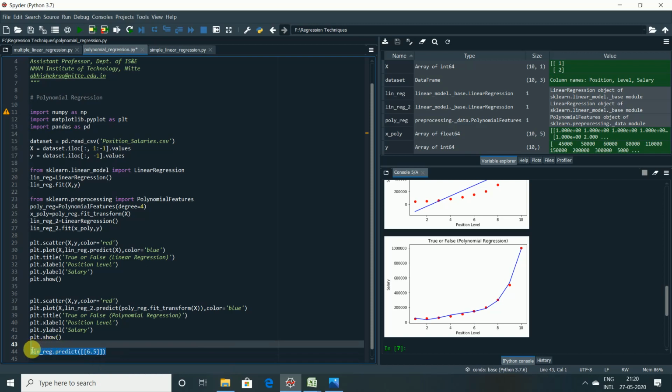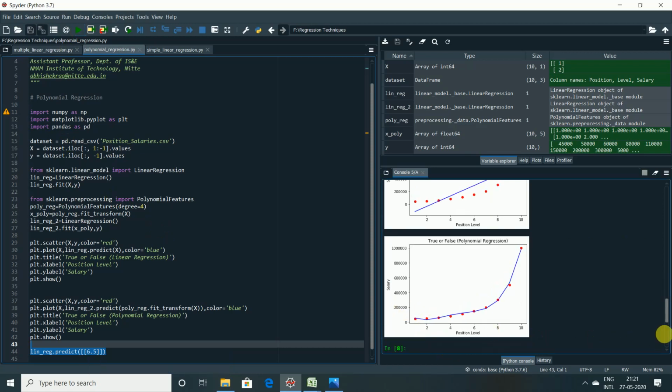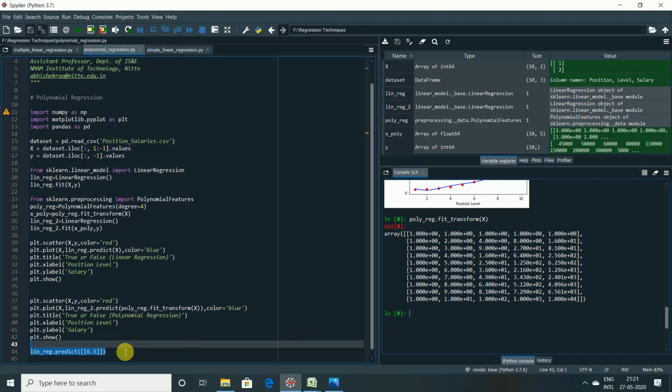Let us see what output we get. Let me execute it here, because otherwise I need to write print of something. Let me copy this and paste it here. So you can see the output is, oh my god, 3,30,378.